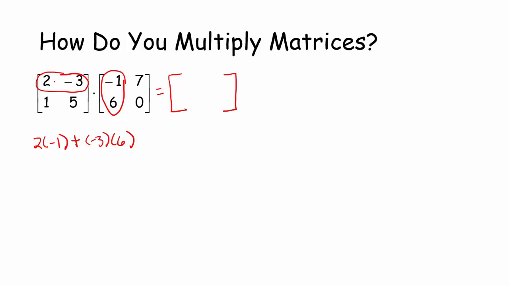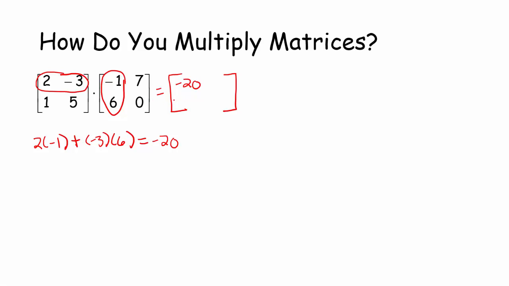I'm taking this first number, this 2, matching it up with this -1, and this -3, matching that up with the 6. So you're multiplying all the numbers that match up together, and then you're adding all those results together, and that's going to produce a single number. So this is going to give me -2 plus -18 is -20,